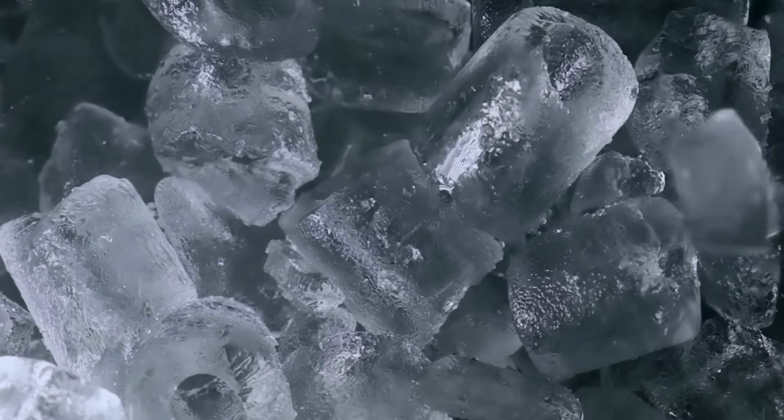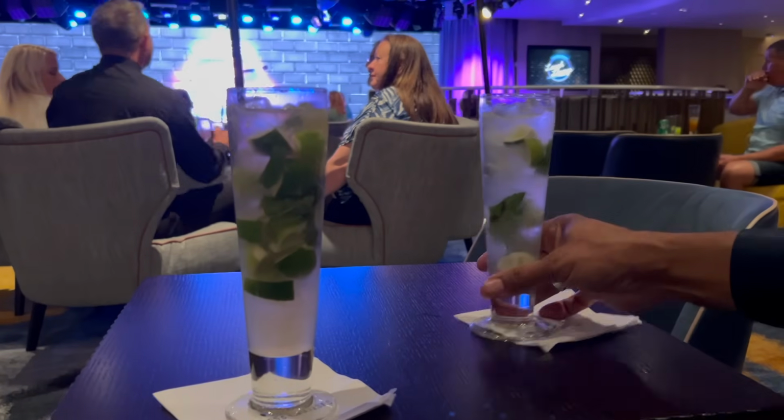And another thing that you may not realize that you're going to need, especially if you're a first time cruiser or it's been a long time since you cruised, is ice. For some reason on a cruise you get really, really thirsty, you want to drink water, and it's nice to have ice in your room. Whether you have the drink package or not, you would like to have some ice. So one of the things that I recommend is just let your cabin attendant know that you would like fresh ice daily, or I would like fresh ice in the morning and fresh ice in the evening. That way you can tell the attendant one time and then it is already there. It's always done. It makes me think about that scene in Wolf of Wall Street when...